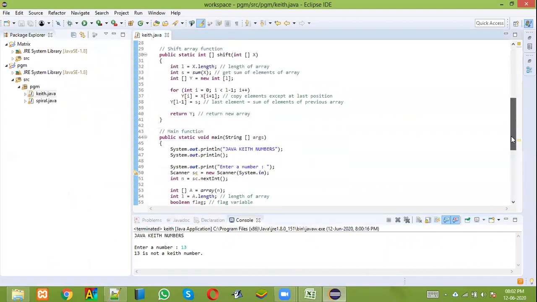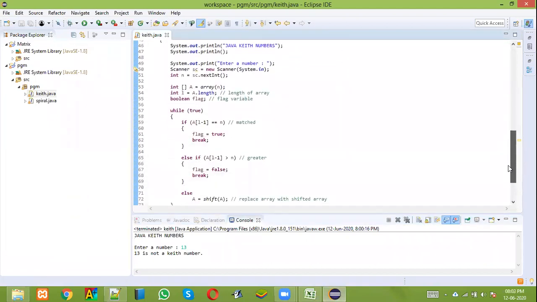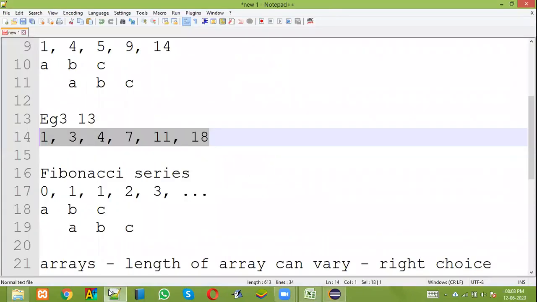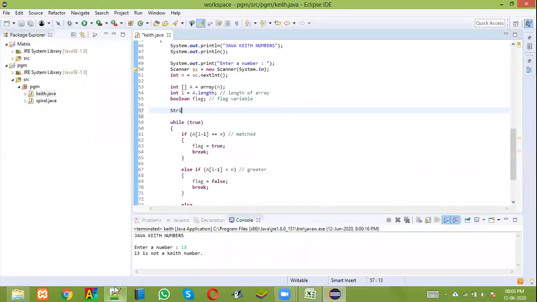Okay. So now I'm going to do a small modification to this to also show the exact sequence that gets generated. How to do this? Look at this very carefully. Before the while loop, I'm going to create a string variable. This is going to be the variable to store the sequence. Finally, I'm going to output the string.